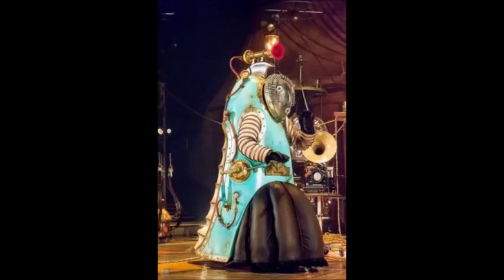What I'm looking at right now is almost like a sculpture. Most of it is made out of fiberglass, and then the artists are actually getting inside of it and lifting it up and walking around with it. This one is a big piece of costume. I would call it more of a prop than anything. Then you have a lot of